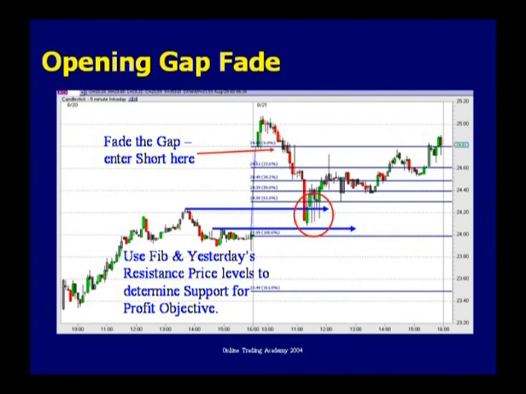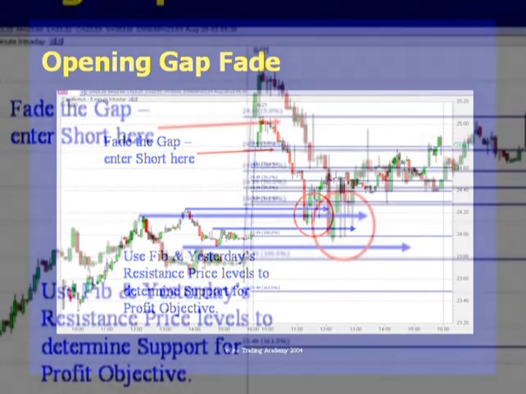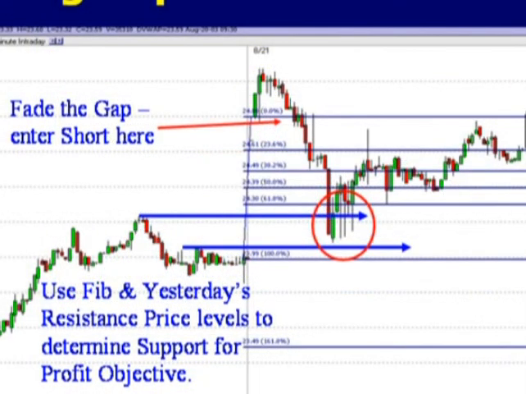We see the opening gap, a big gap up here. And what we want to do is wait for some time to see if that gap is going to fill. Now, there's a lot of people who would see this large gap and short immediately. And you can see what happened to them. They had to have the patience of Job and the strength of Hercules to endure a buck and a half move against them, okay? So once again, we want to give it at least 10, 20 minutes